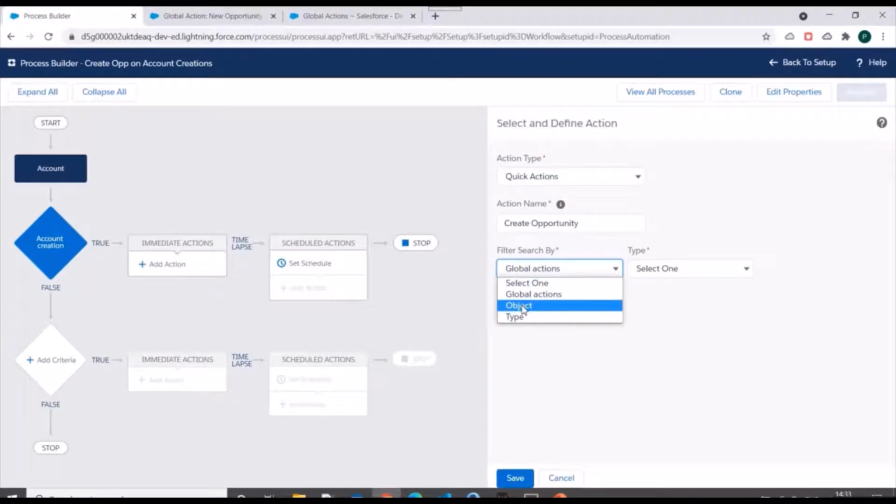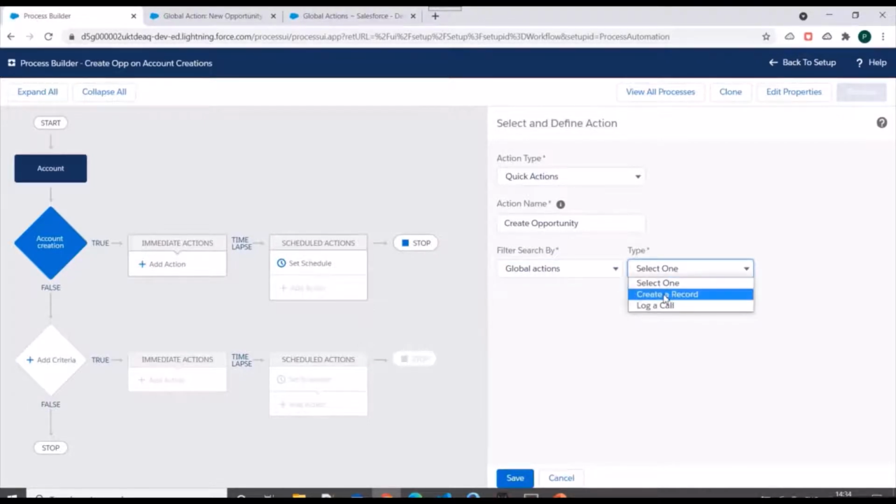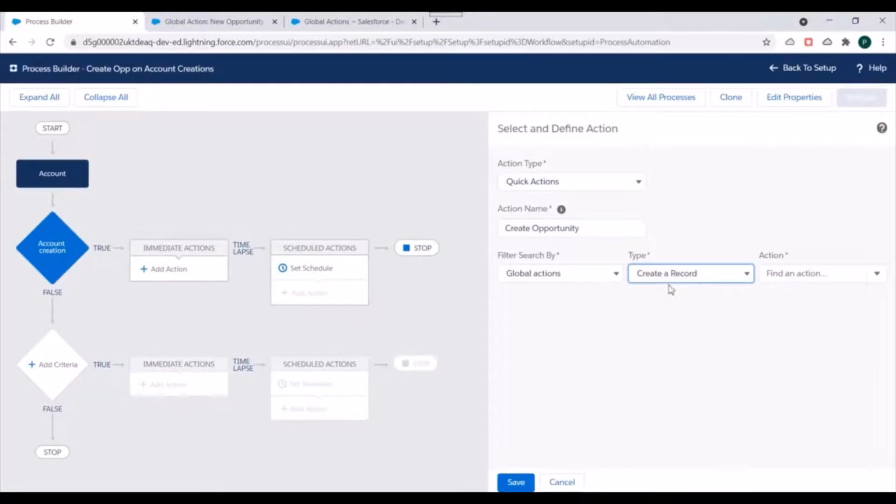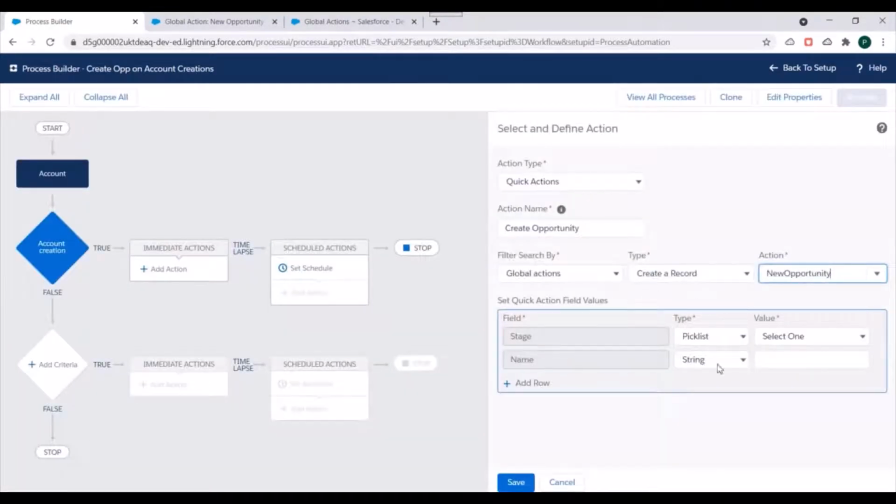We'll look into object specific quick actions in the next video. So we have selected global actions. Now we have to select the type of global action, which will be create a record, and in action over here we will search for our action, that is new opportunity. Yeah, new opportunity.